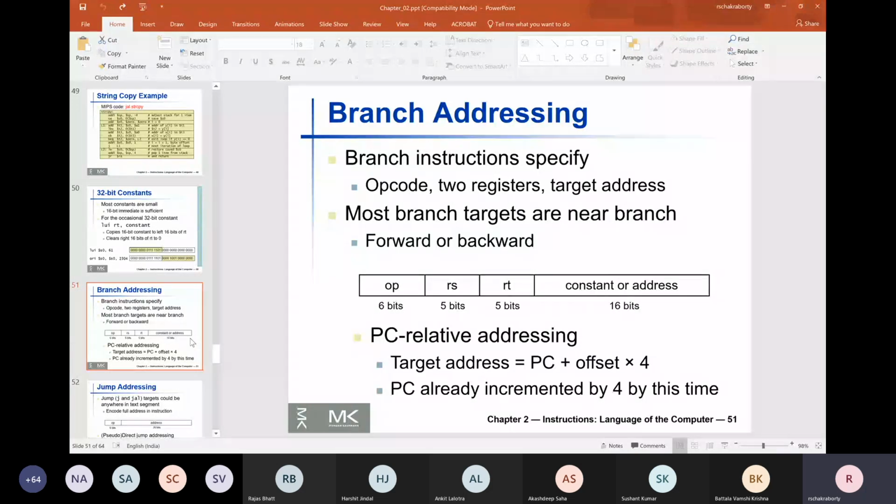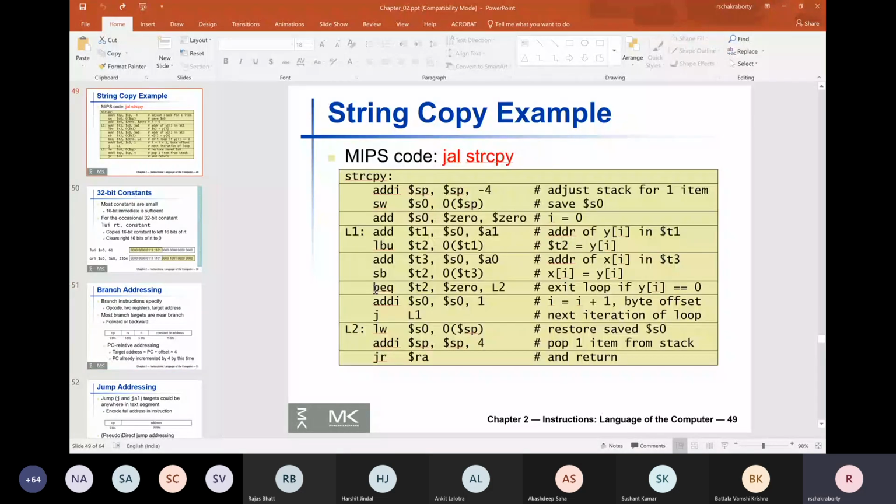What is the current value of PC? Suppose this BEQ instruction is at address 100 in decimal. What is the current value of PC, students? We mentioned this in class earlier. 104. Good, very good.